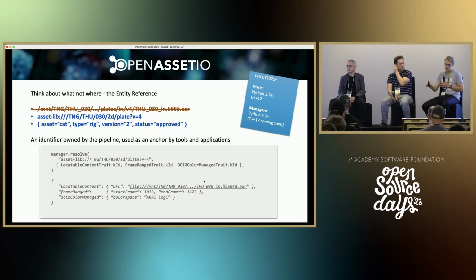And at the bottom, there's a little snippet of some OpenAssetIO code, which is querying three of the traits we have in the media creation space to learn more about how to properly load this EXR sequence. So you can see we've got a frame range and a color space. So things that can be quite fragile to reverse engineer by looking on a file system or something like that. And if you're loading data from the cloud, there is no file system to go and have a look at how many frames there are for this asset.